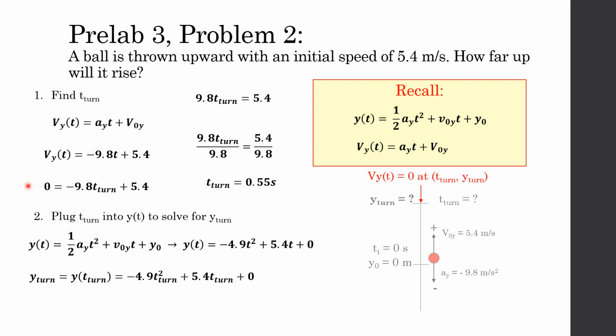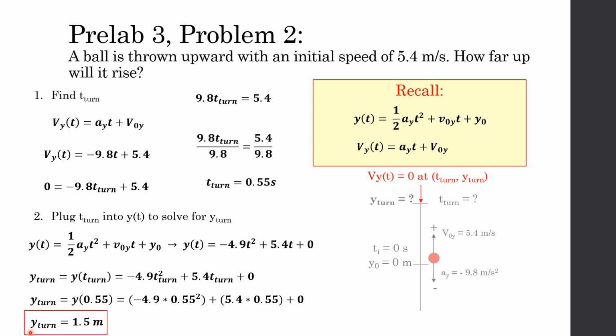of what it is. And so you can see I've plugged in t turn everywhere that I see t on the right-hand side of the equal sign. And then we plug in that actual value that we just solved for, so the numerical value of t turn. Otherwise, that wouldn't do us too much good. That would be the same problem as I was talking about before we solved for t turn, right? You can see here that we've got one equation and two unknowns, right? The y turn and t turn. But thankfully, we already solved for it. So we plug in that numerical value and we solve, and we get that y turn is equal to 1.5